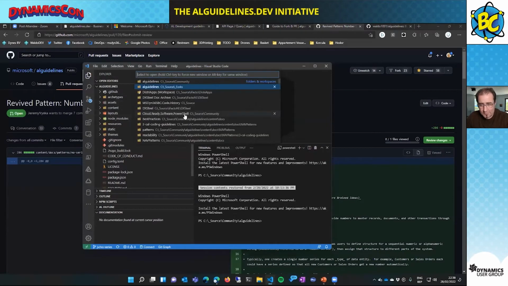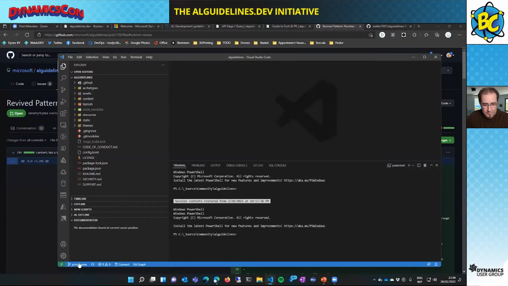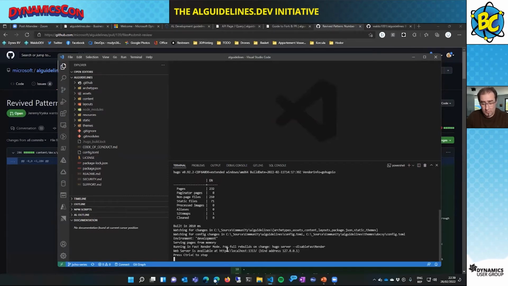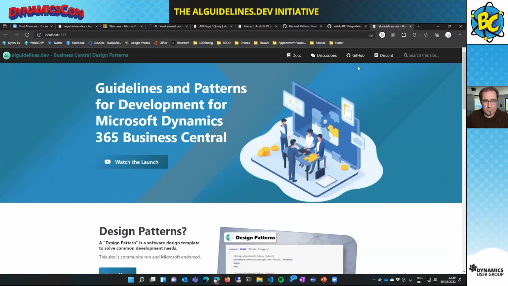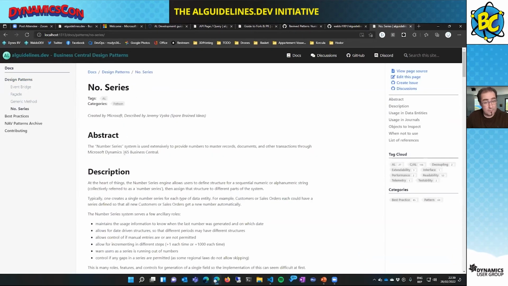Let me see if this is the right one. So I already prepared this. This is actually a repository from Jeremy, this is Jeremy's branch. And what I would be able to do, and that's actually what I meant, is I can also install Hugo locally. I can run Hugo serve, and this is now building the site on my local machine. So on my localhost 1313, I am now able to look at the number series pattern as